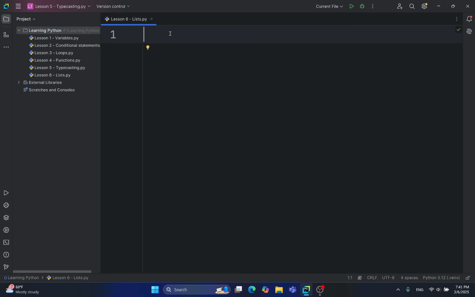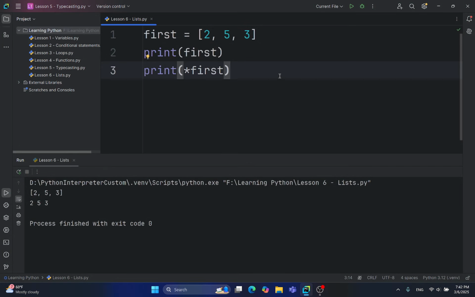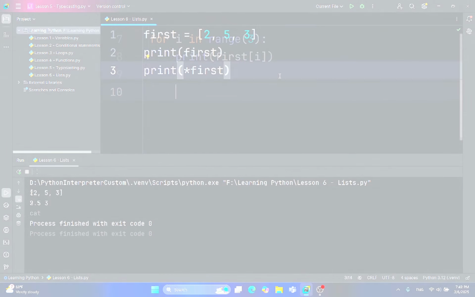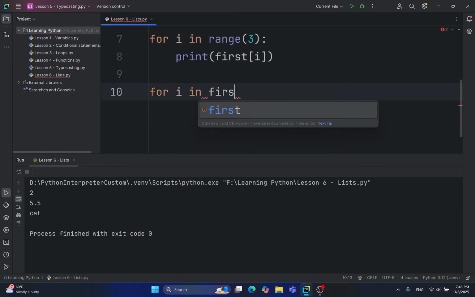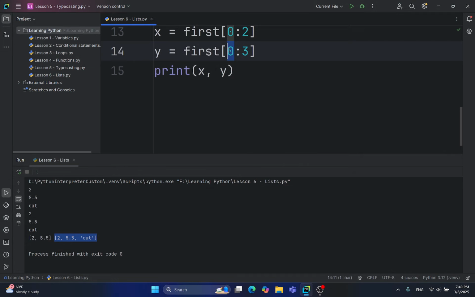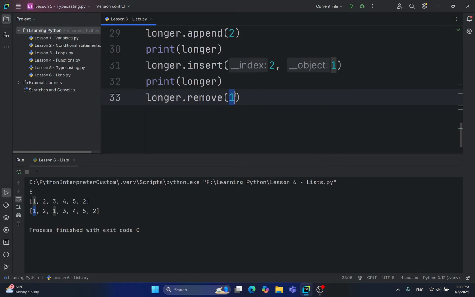To create a list, you need a name and value. Elements in a list don't have to be of the same type. For example, I can write or I in my list name first. You can omit the starting position if you want to start from the first position, but this won't remove all